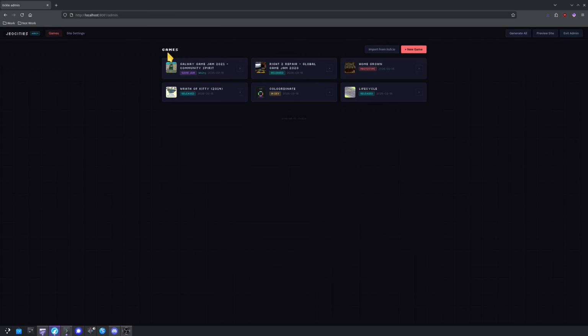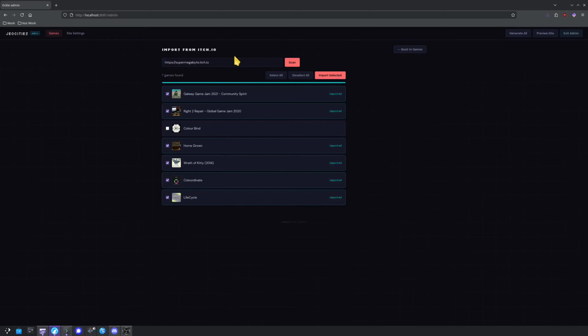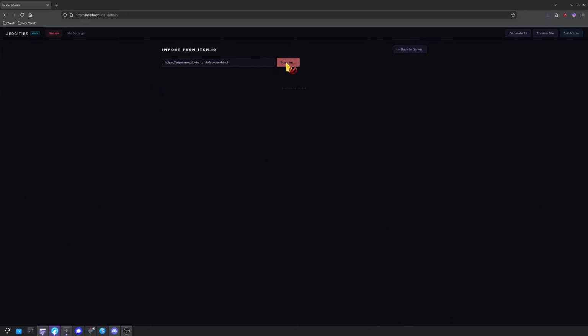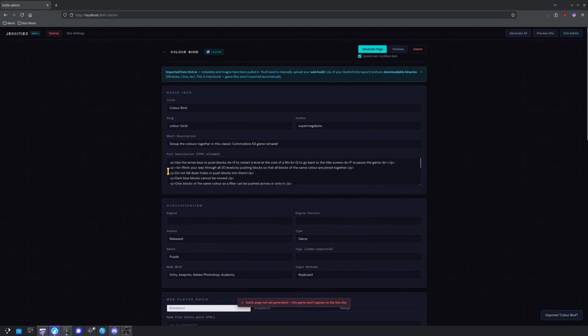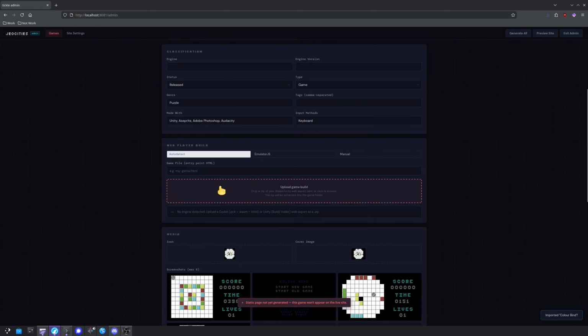So cool thing then is if we wanted to do Colorblind, which is this game here, we can do it as an individual game all by itself. We get that information popping up beforehand, and we can edit that before we actually import it. So like that, we can take out the credits and the controls and that kind of stuff. We can add the tags straight away. And when we import this game, we do have the ability to